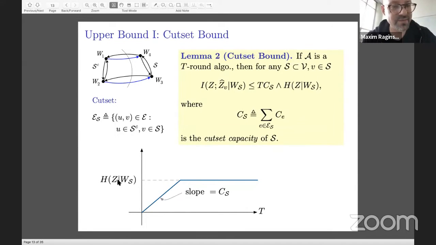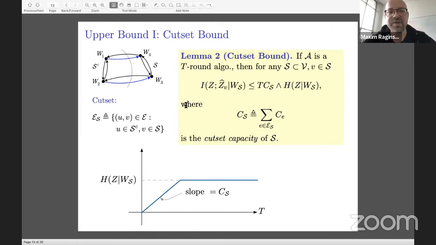One is the obvious thing, just look at the cutset capacity, right? So split the set of vertices into two subsets, S and S complement, and look at the total capacity of channels that communicate information from S complement to S. So it's obvious, more or less obvious, but some work needs to be done, that if A is a T-round algorithm, then for any subset of the nodes and any vertex in that subset, the amount of information that that node will receive about the function value given total sharing of inputs among the nodes in S is upper bounded by essentially two